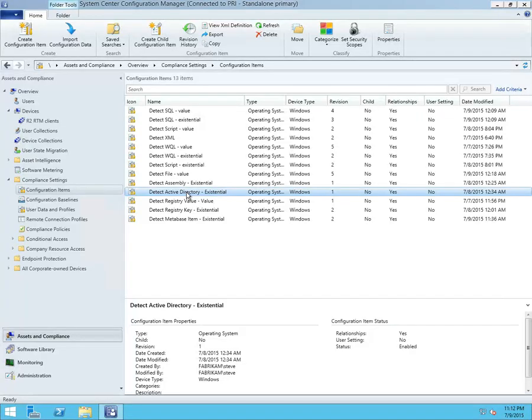Think of SQL. Think of maybe IIS. If the systems that you're targeting don't have those components, then your compliance is going to fail. So think about targeting as we go through each one of these. Some apply, most apply generically, some don't. So with Active Directory,